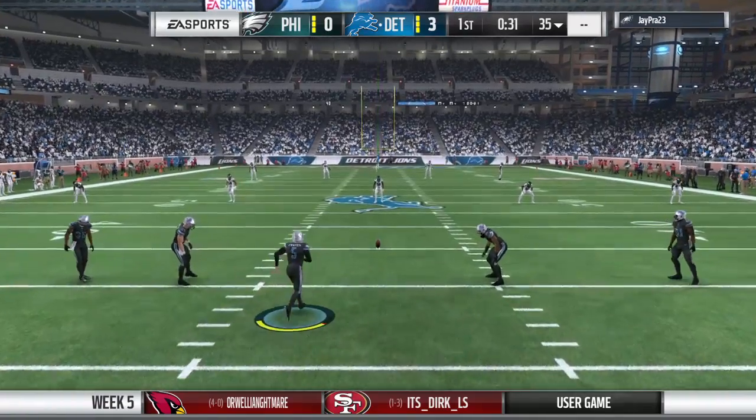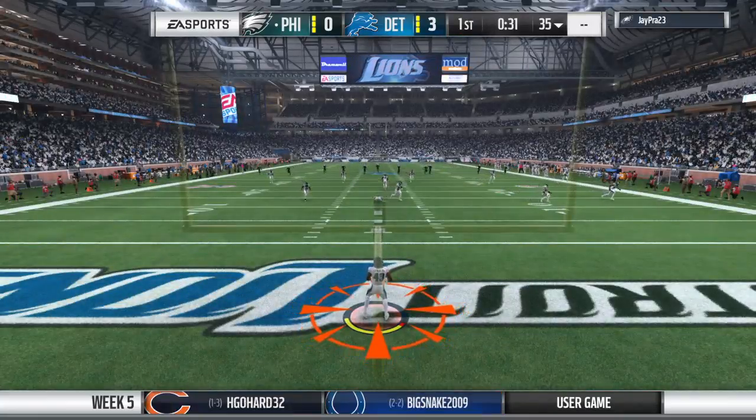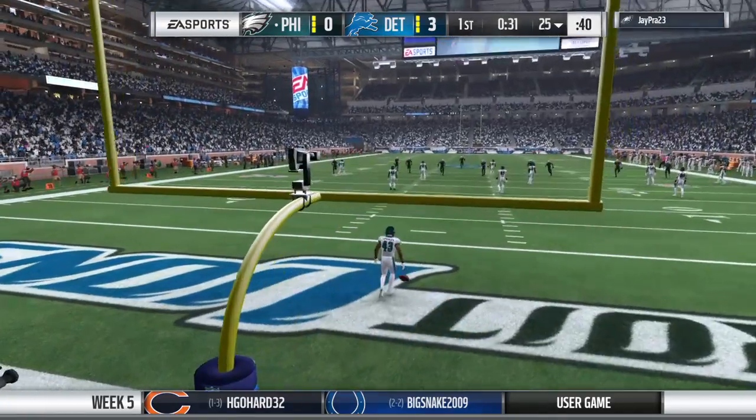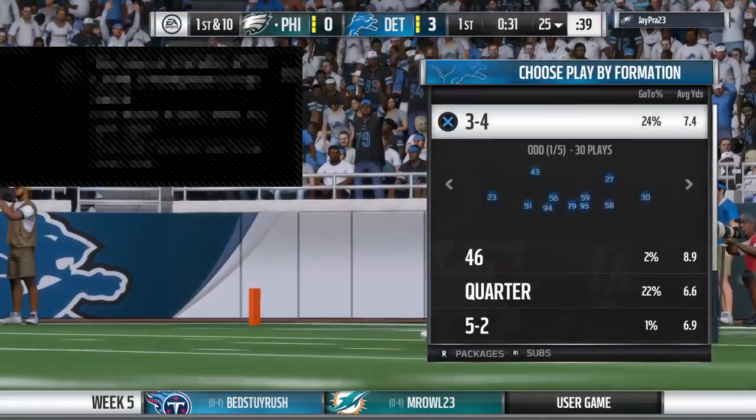Prater now will send it away following the made field goal. And no return on this one as the fair catch is signaled for and taken. Philadelphia getting set to take the